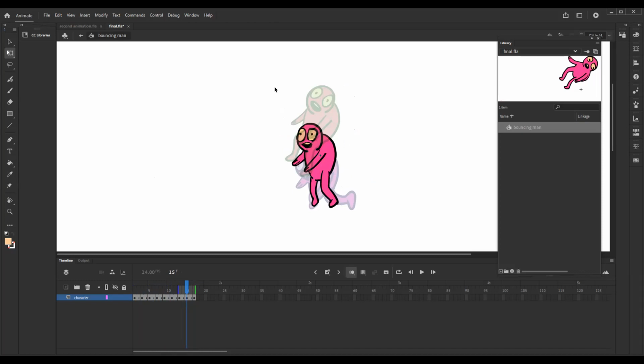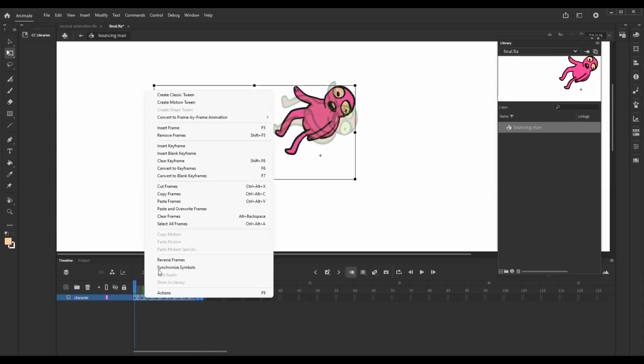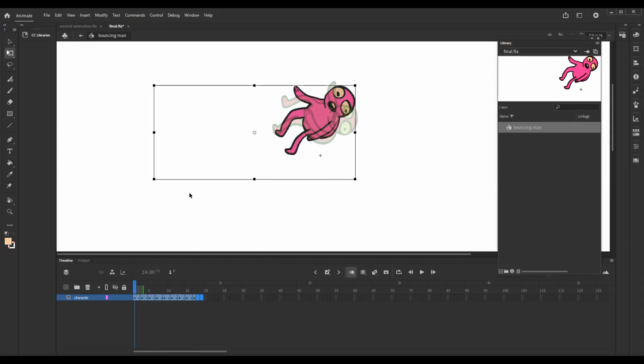Okay. So I think I have shown this one in the last video, last exercise, how to convert one complete animation into a symbol. It's basically copying all the frames. All right. You can go into a new symbol and paste frames. So for example, I'll show here. If I want to copy this, you can select all the frames. Okay. Right click. So you have the option copy frames or Control Alt C. So you can copy the frames,